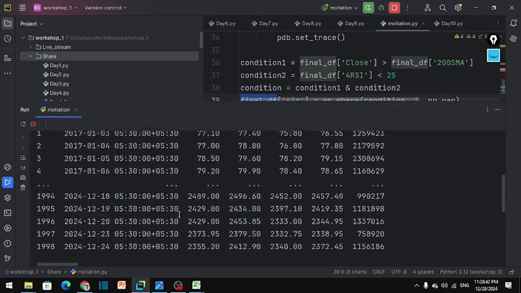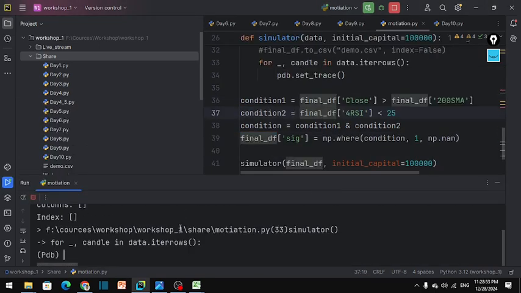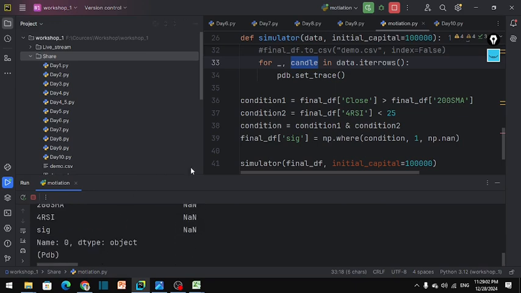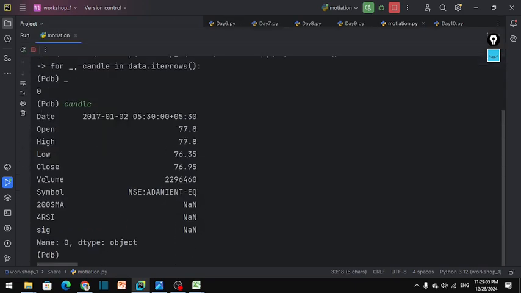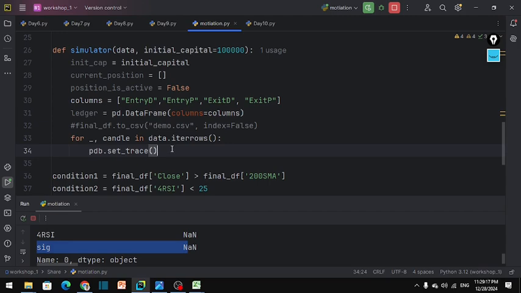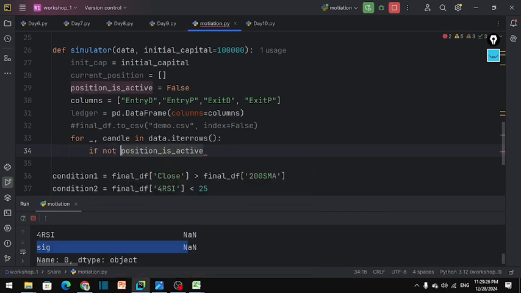And candles are nothing but the entire columns present in this Excel sheet. See, if I type underscore over here, you will find 0, which means we are on the first candle. If I pass the candles, you will find each and every value of date, open, high, low, close, volume, symbol, 200 SMA, RSI and signal. Signal is nan. So let us start creating the entry and exit code to generate the ledger. If position active, if not, for simplicity, if position active is equal to false,